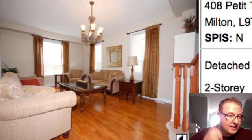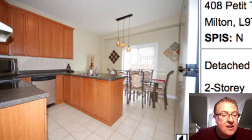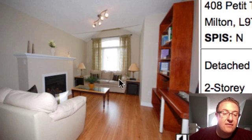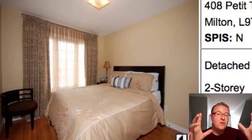Yeah, so there you go. So that's how it opens up. We were correct there. And then you've got the kitchen with the eat-in area. So basically one big room downstairs plus the kitchen to eat in. And then most of your living space, you've got the family room on the 2nd floor, and you got 4 bedrooms. So when you've got a garage on a 36-foot lot, I mentioned this time and again, so the garage